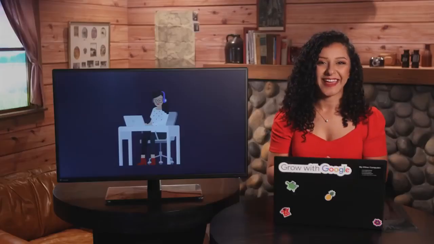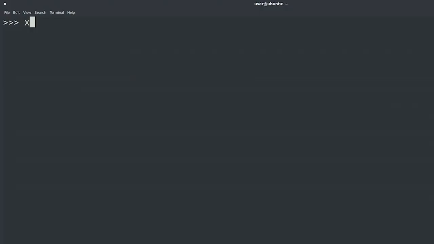You can create an empty dictionary in a similar way to creating an empty list, except instead of square brackets, dictionaries use curly brackets to define their content. Once again, we can use the type function to check that the variable we've just created is a dictionary. X equals open brackets,